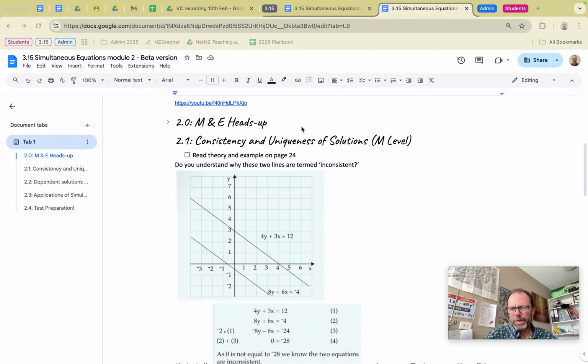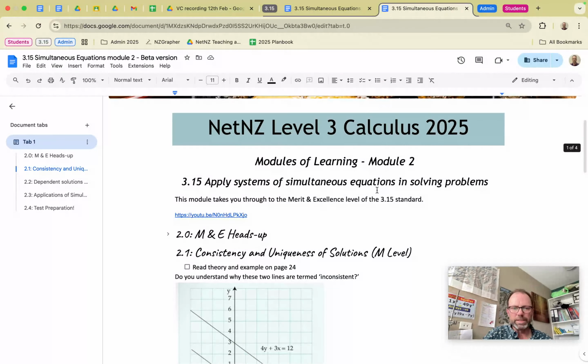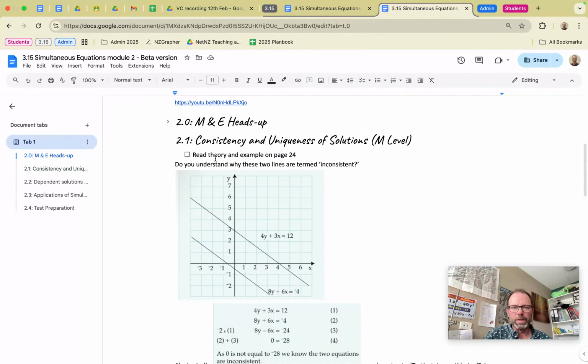Righty, this video is just going to explain section 2.1 titled Consistency and Uniqueness of Solutions, and I'm going to pitch this at merit level of understanding. Okay, so if we follow the script here, let's see if this works. Yep. Okay, so it says look at the theory on pages 24,